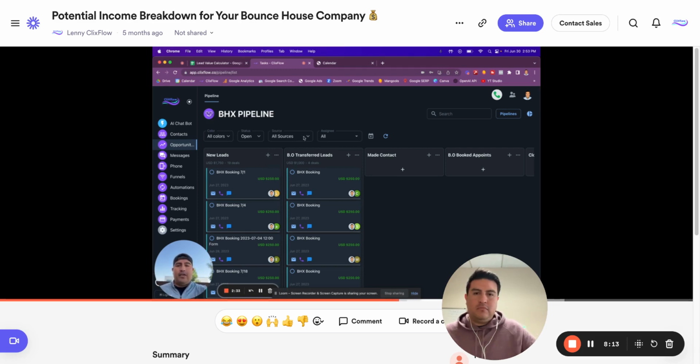You can transfer them to you, like right now we're transferring it to you, right? Then you can make contact, book appointments, closing. You're going to be able to see your whole pipeline, based on how many deals you're doing. Also, the backend system, if you don't have a backend system on follow-ups, on emails, text messages, to create new